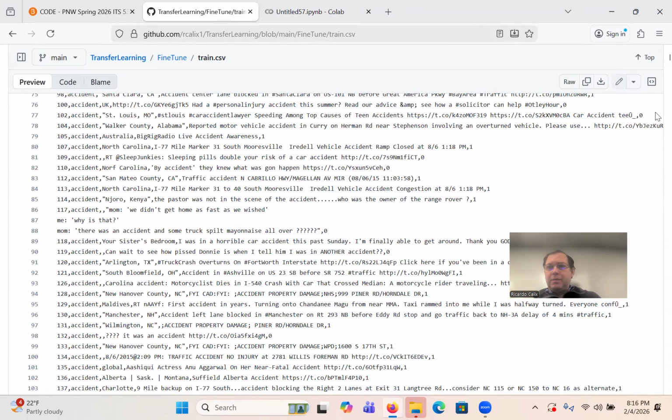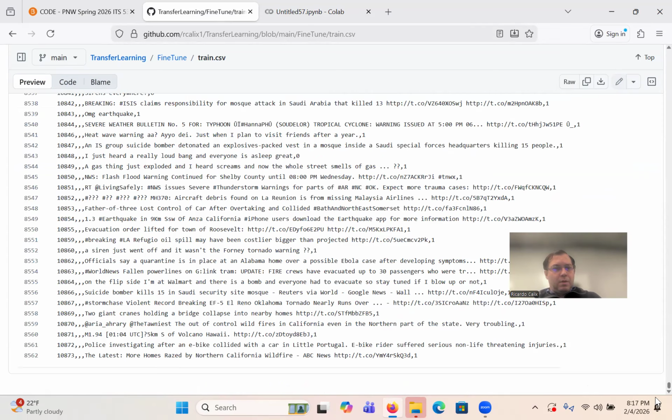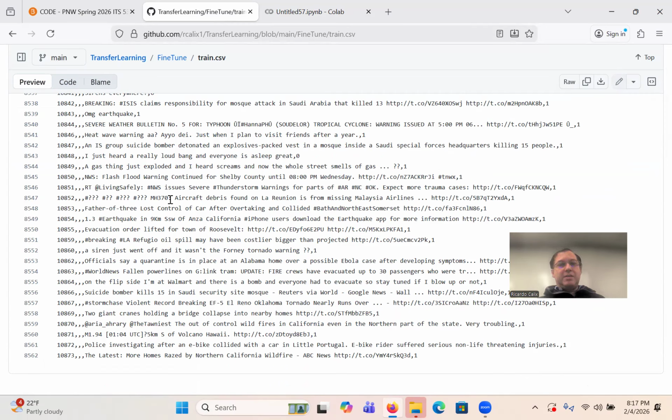Yeah, there should be about 8,000 samples in there. It might just be skipping numbers. You can see it skipping like 44 to 46, so that's why this count is going up faster than this one. Do you guys see that? But there's about 8,562. And you have a sentence, like in this example,